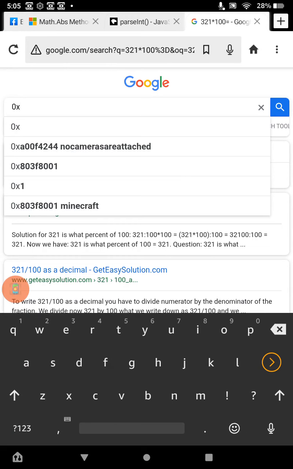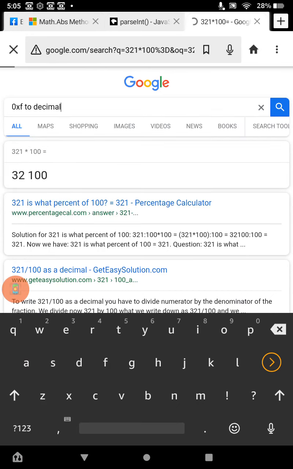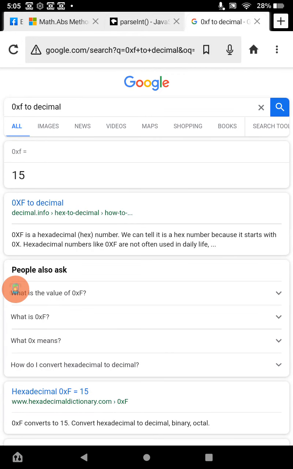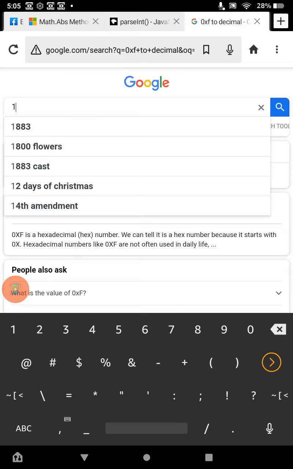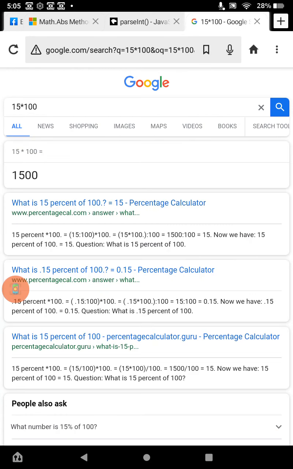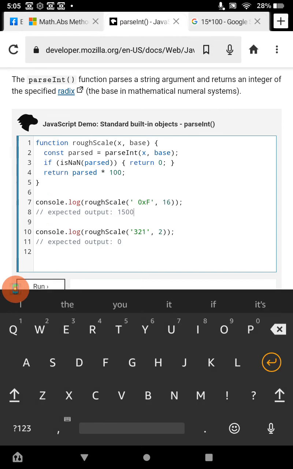Okay, so here 0xf would be converted to 15. So it is a number, and it doesn't detect it as NaN, because obviously 15 is a number. And then it would take 15 times 100, based off the way that program was written. The expected output is 1500 as displayed here, because this is interpreted by parseInt to be in